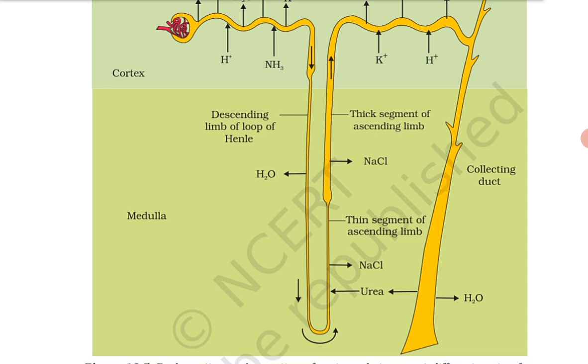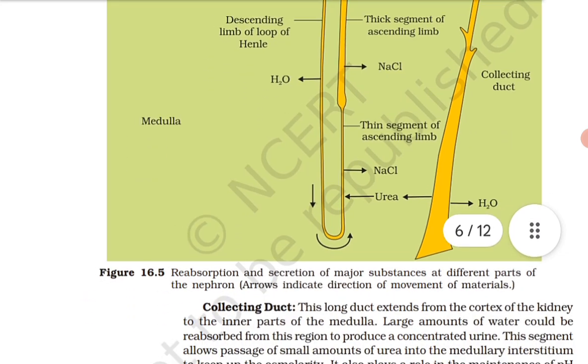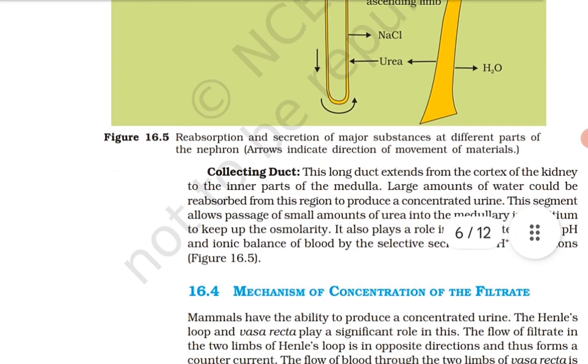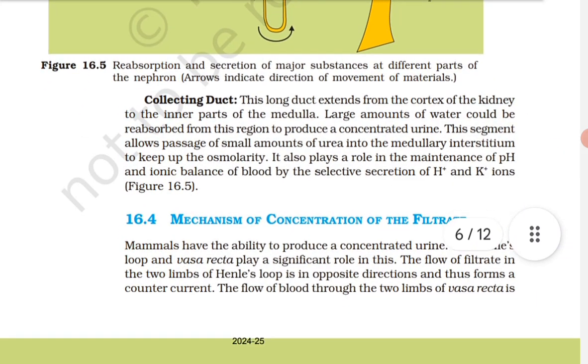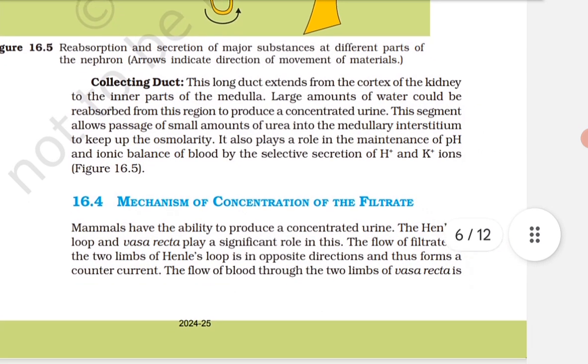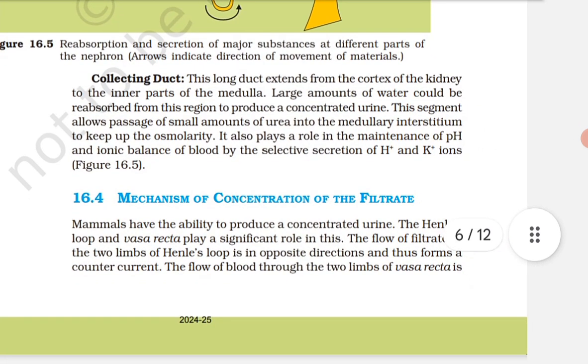The flow of filtrate in the two limbs of Henle's loop is in opposite direction and thus forms a counter current. The flow of blood through the two limbs of vasa recta is also in a counter current pattern. The proximity between the Henle's loop and vasa recta as well as the counter current in them help in maintaining